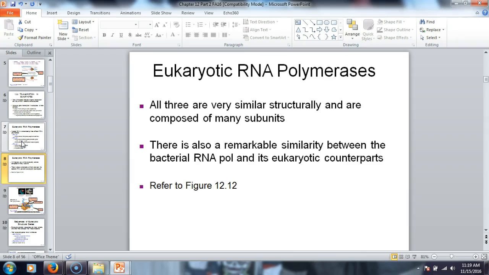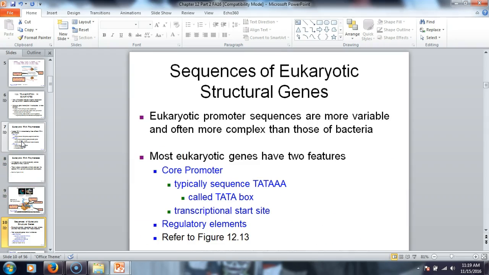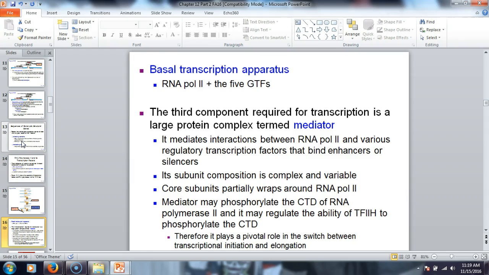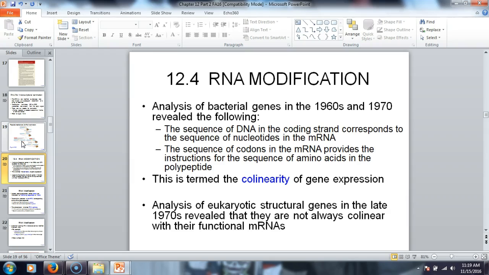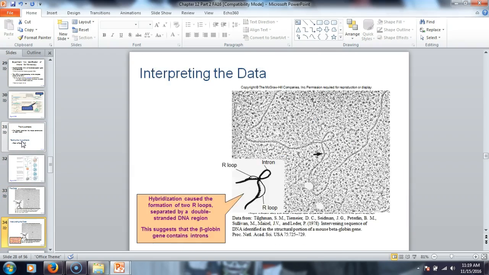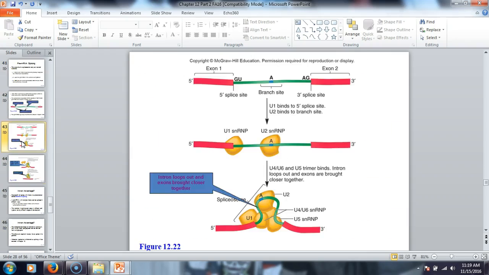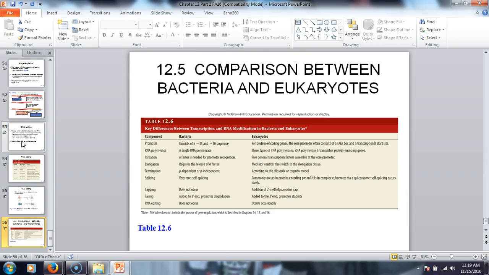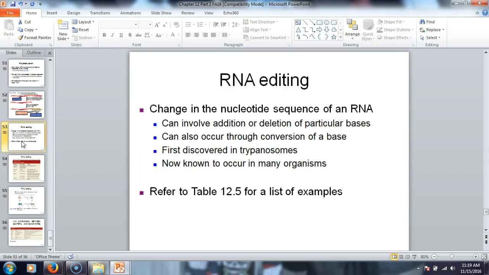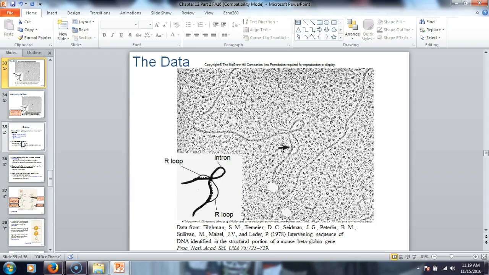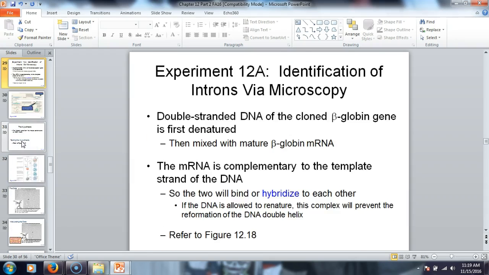So like I said, I want to skip over that for now, and let's see, it goes into processing, RNA modification for eukaryotes. Okay, so they talk about some of the experiments that were done, like this one, to figure out